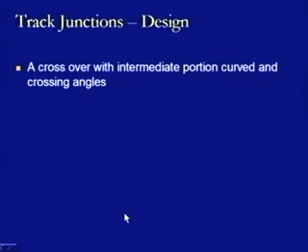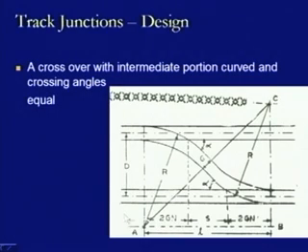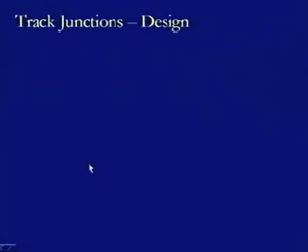Then if we are having a crossover with the intermediate portion curved and the crossing angles being equal, this is another diagram. We have the intermediate portion, instead of a straight section, now as a curved section. This curve comes up to this location and then it is a reverse curve, and this curve starts from here and goes like this. So, they are having two curves jointed together in this form. Therefore, the curved lead for this one will be up to this point, and the curved lead for the other will be in a similar form. So, we have one curved lead here and a curved lead here, and then this straight portion S will be defined on the basis of this curvature in the reverse form, and can be given by